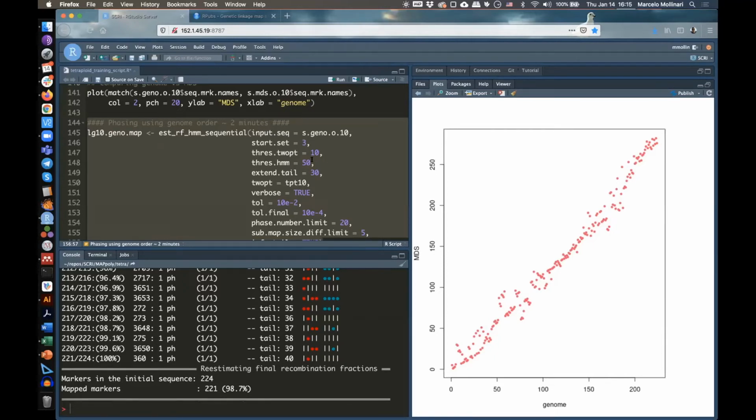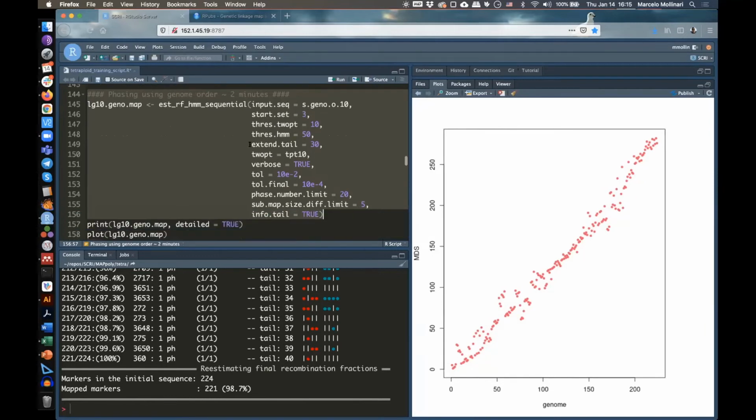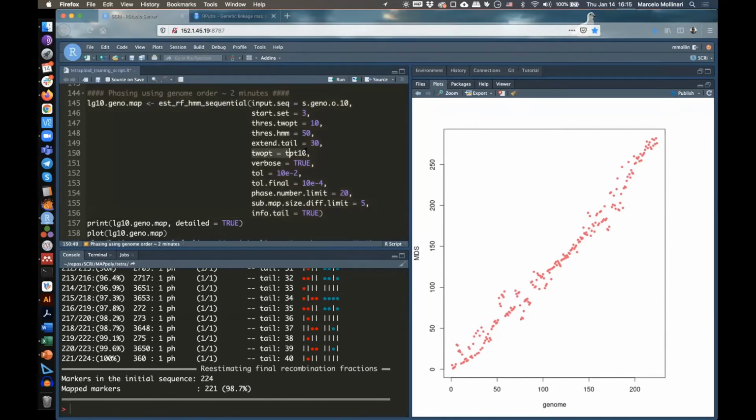And if the HMM is not enough to solve, here we have a log score of 50, it will be carried out to the next insertion of markers. And sometimes when you insert a new marker, you actually solve your problem. And then here we have something, an extended tail, which tells how many markers we should consider in the HMM analysis. Here you have your 2-point